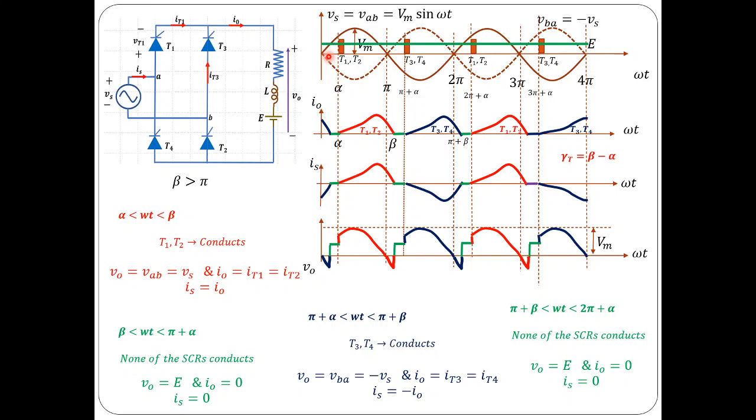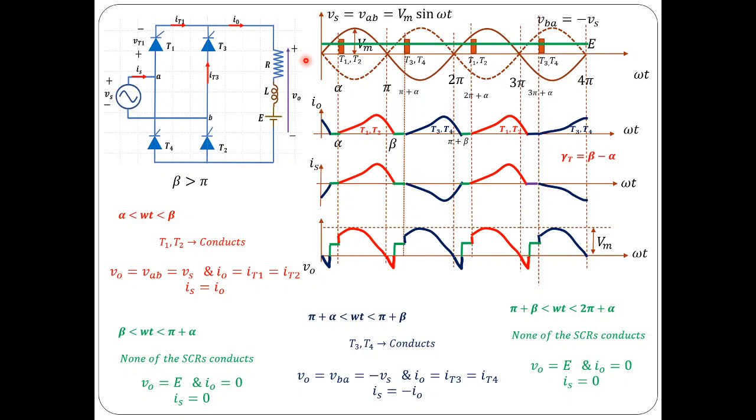For the discontinuous load current case especially, you can see that the thyristors are going to be forward biased only after this instant. For omega t greater than theta 1 only, thyristors 1 and 2 are going to be forward biased. So you have to apply the gate impulse after this instant only, otherwise they are not going to conduct, as they are going to be reverse biased. If there is no load current flowing, the load voltage is equal to E and the source voltage is equal to Vs, and the voltage across thyristor 1 is Vs minus E, which is going to be negative during the period from omega t equal to 0 to theta 1. So even if you give a firing angle, it is not going to conduct.